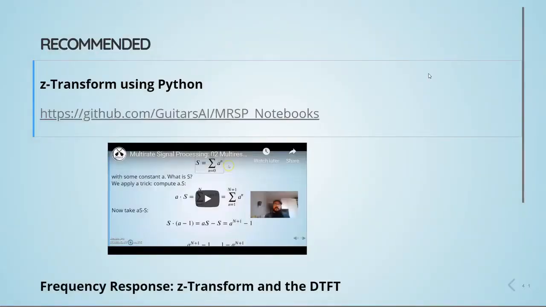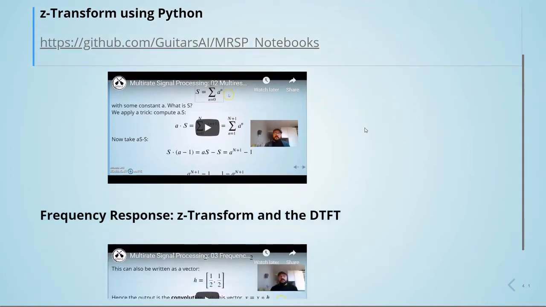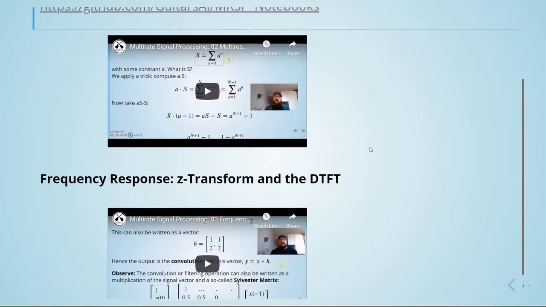Finally, this is the last topic of this notebook. If you want to go deeper into the Z-transform using Python, I recommend that you go to the Guitars AI GitHub. There you'll find the notebooks and tutorials on multi-rate signal processing. This is another subject offered by Professor Schuler at the UMNL University of Technology, and there you'll find this notebook